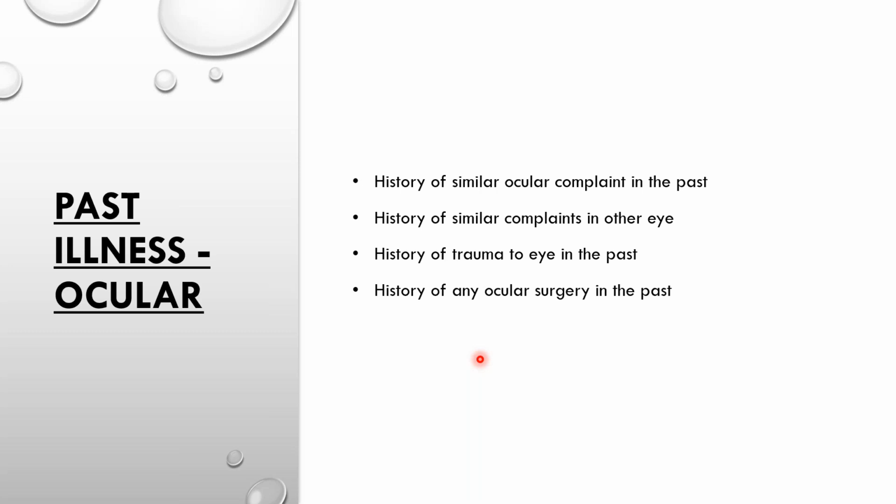Then the next question that you have to ask them is the history of ocular surgery in the past, okay? Because that could also tell you a lot about the etiology of the disease that they're suffering from. For example, if a patient has open angle glaucoma, he's suffering in both the eyes, and he's undergone a trabeculectomy in one eye. And he's telling you that there's a painful diminution of vision, which has been present for so many years. Then you know, okay, one eye has been operated for trabeculectomy. Probably we're dealing with a similar thing in the other eye.